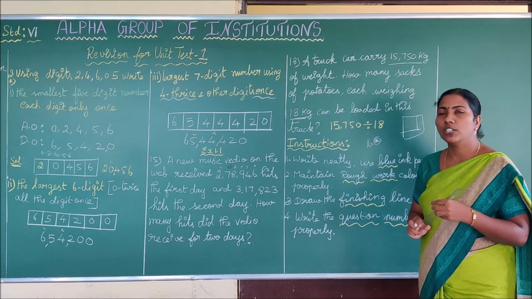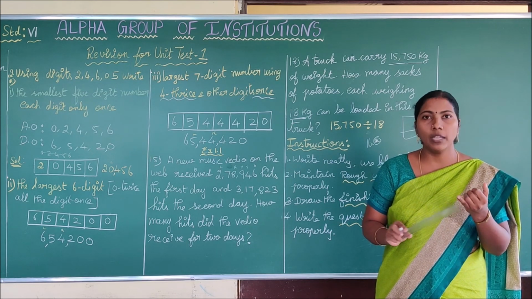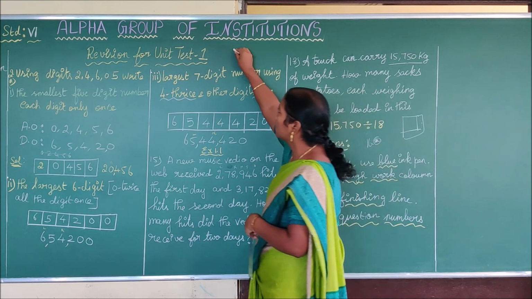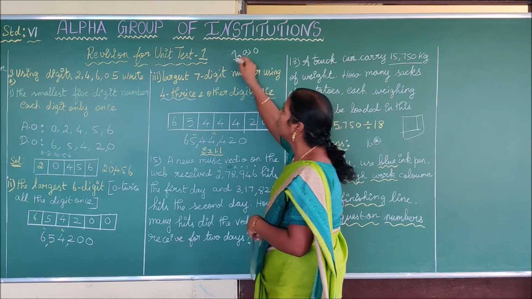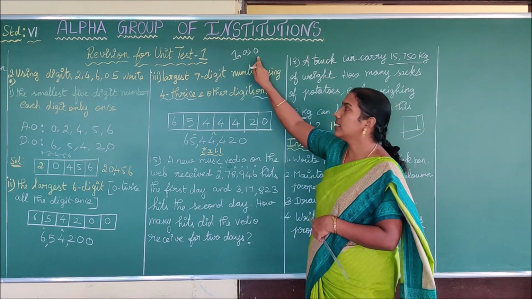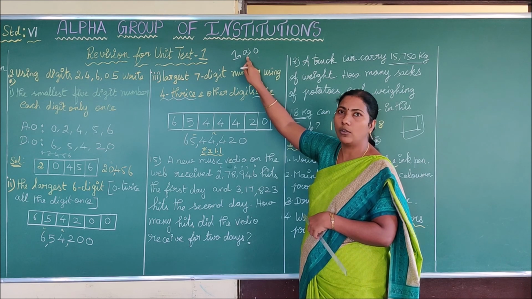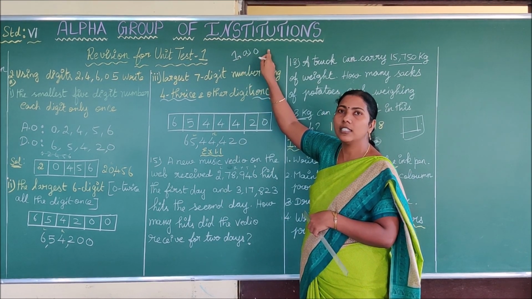And one more piece of information: while you are answering the choose question, you have to write the question number, the option and the answer. Suppose the answer for question number 1 is option A, you have to write the question number, the option number and the answer. This is the rule to write the choose questions.